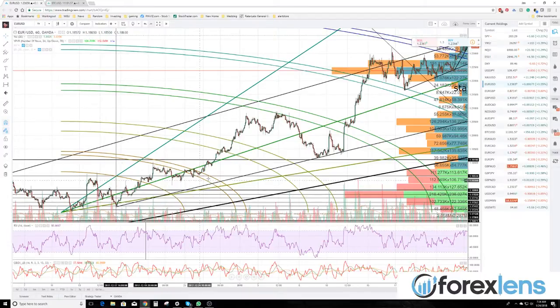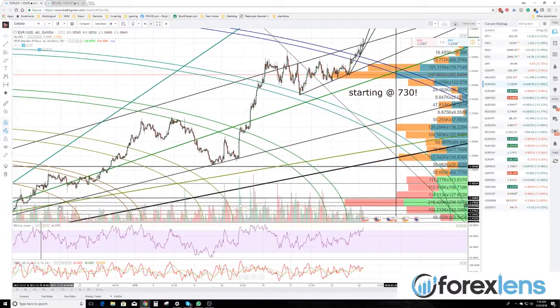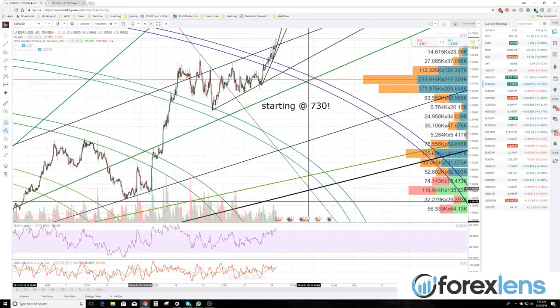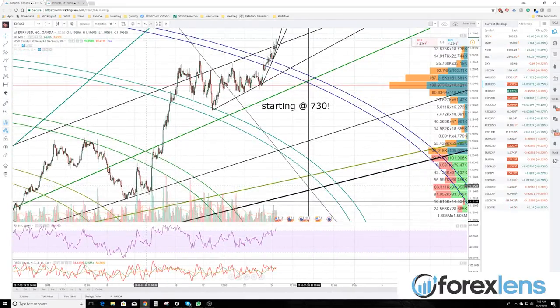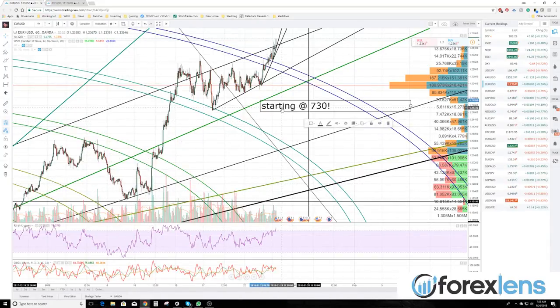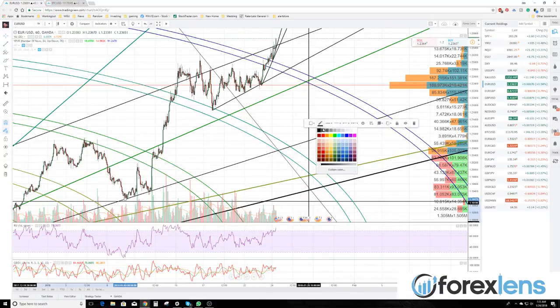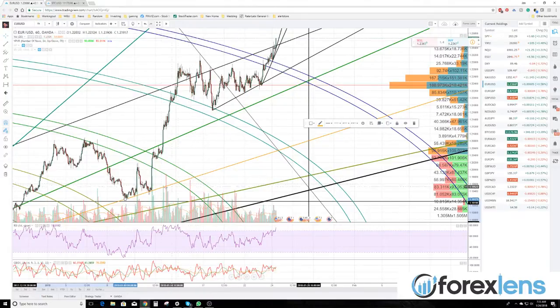We started this gentle rise, all right? And this rise is healthy in the euro. This is fine. It's been on this angle. But something happened this year in January: we started to break away heavily from the norm. This trend line here, this one, if I color it orange, this trend line was broken and we had a massive move up,